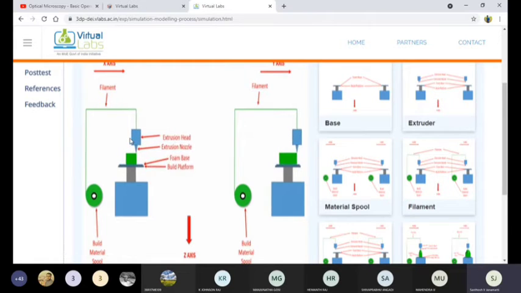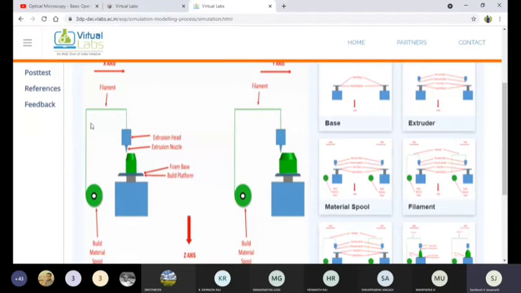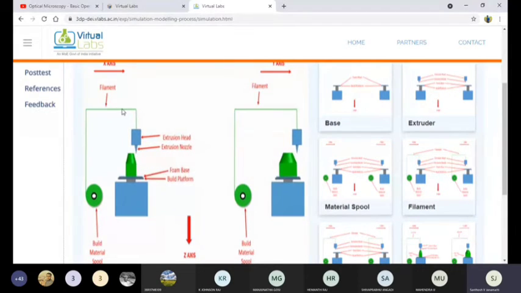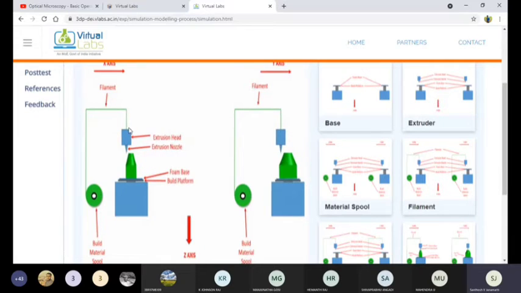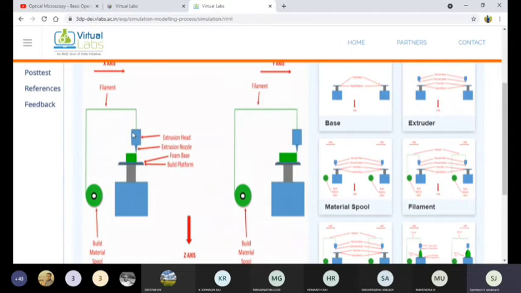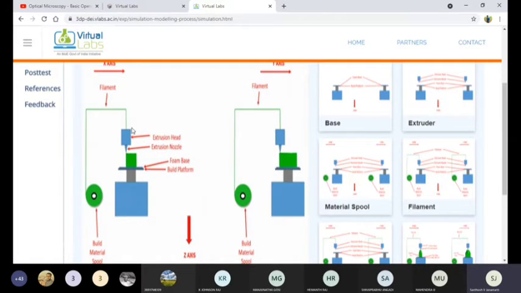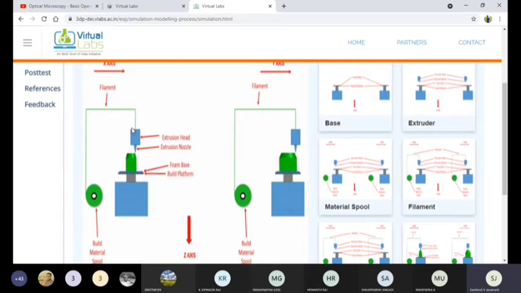Inside the extruder there will be a heating chamber. Whenever our solid filament enters the chamber, it immediately becomes hot and turns into the plastic, semi-liquid state, which is paste-like.